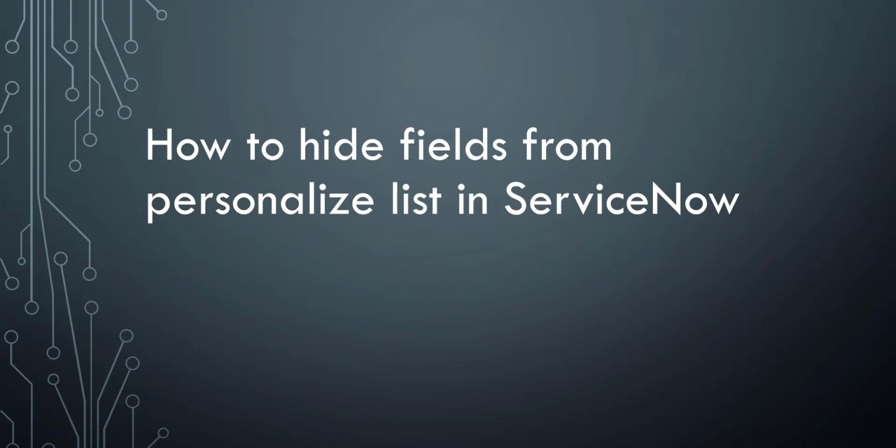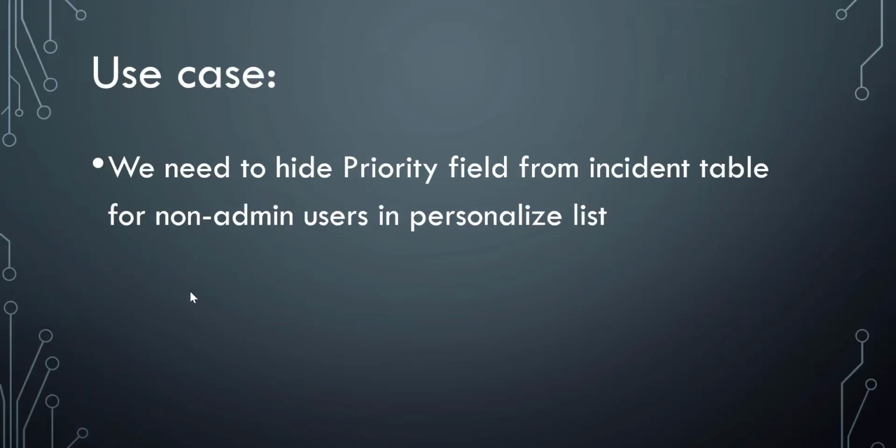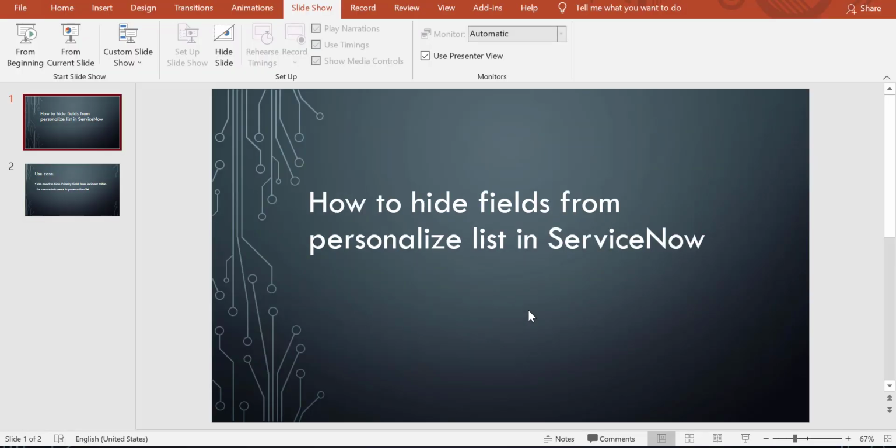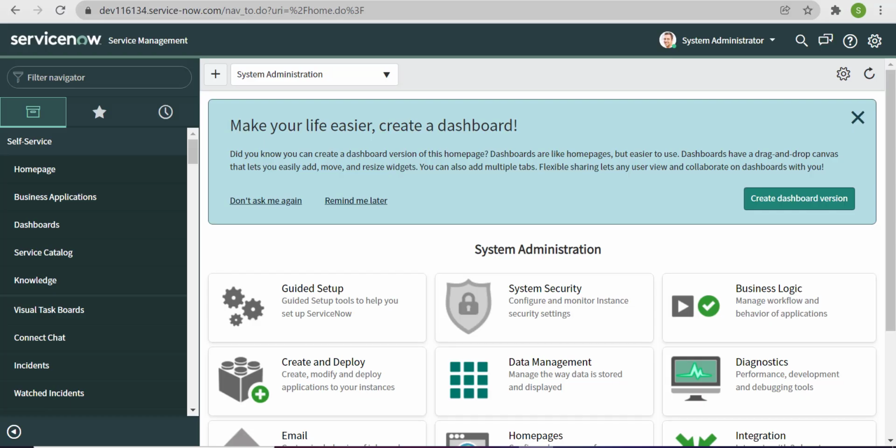For implementing this, today we'll see one use case. The use case is that we need to hide the priority field from the incident table for non-admin users in the personalized list. Means if a user doesn't have the admin role, they are not able to see this priority field in their personalized list. Let me go to the